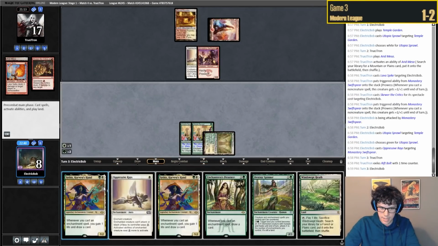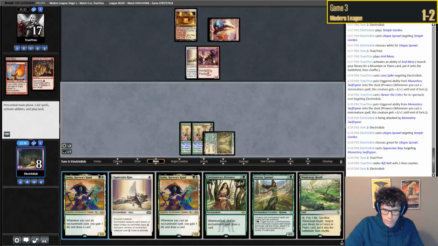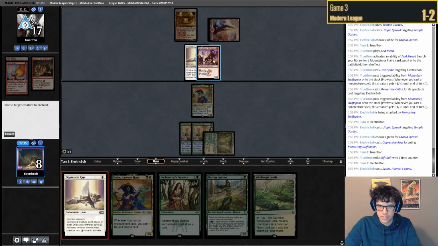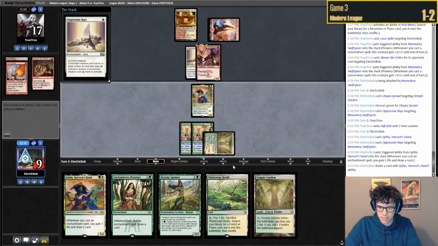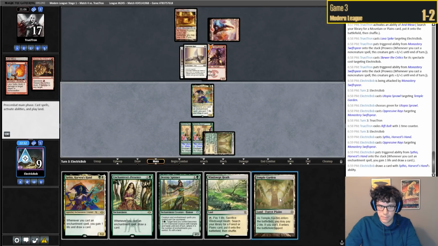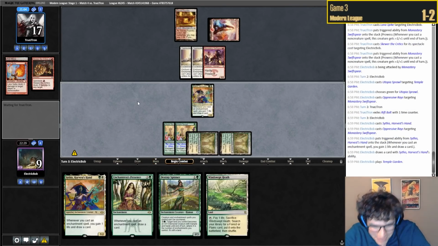Land, not bad. I need to tap this for a white mana. Oppressive Rays there again. Auto yield. Gain us a life. Alright. Give us another turn, opponent. I don't imagine we have another turn. But...